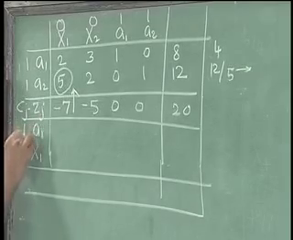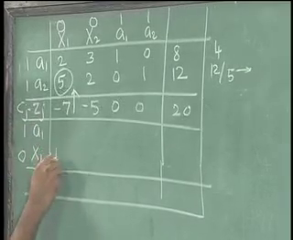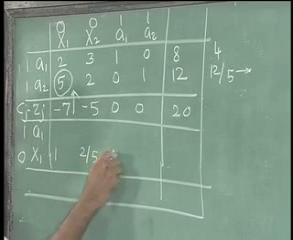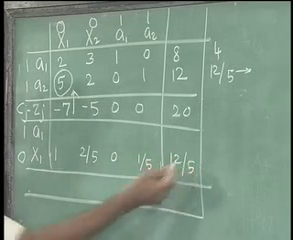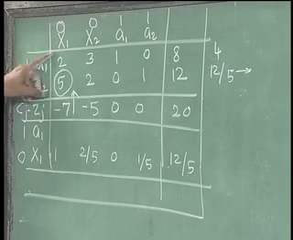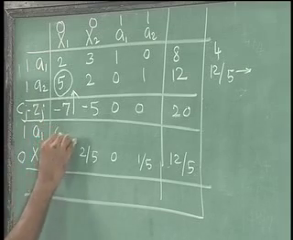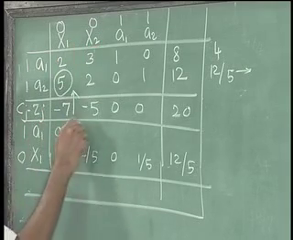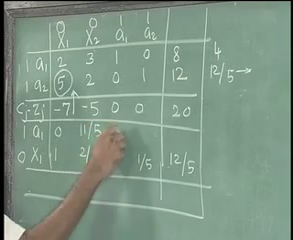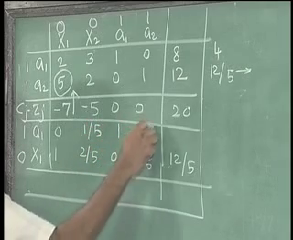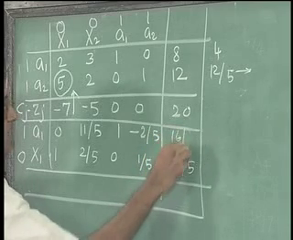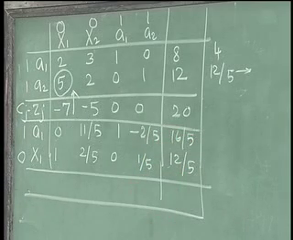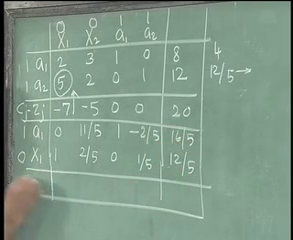Now, this is 1 and this is 0, 1, 2 by 5, 0, 1 by 5, 12 by 5. This minus 2 times this: 0, 3 minus 4 by 5 is 11 by 5, 1 minus 2 by 5, 8 minus 24 by 5 is 16 by 5. Now, this is again Cj minus Zj,